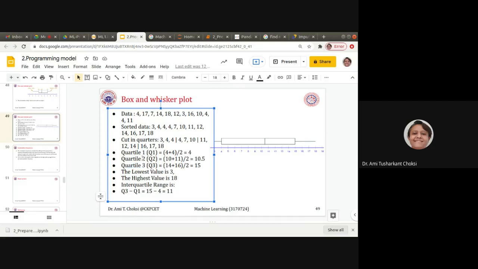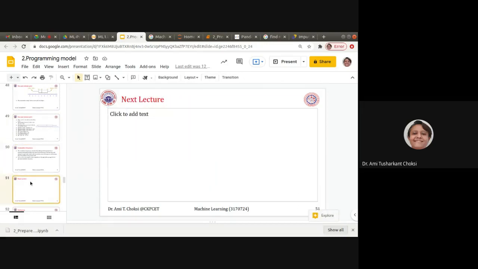Quartile 2 is the median, quartile 1 is the median of the first half, quartile 3 is the median of the second half, right? And what else? The lowest and highest values, that is the 5 data values we use for the whisker plot, right?